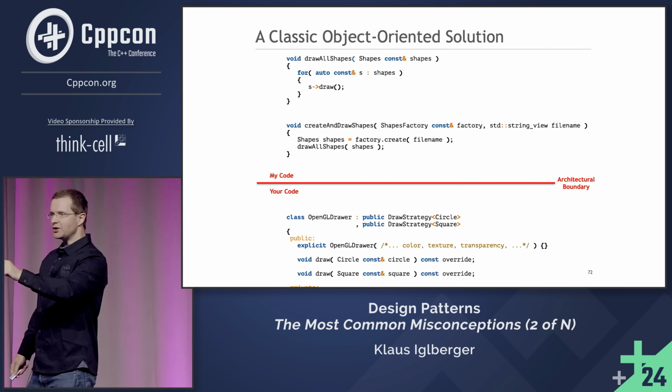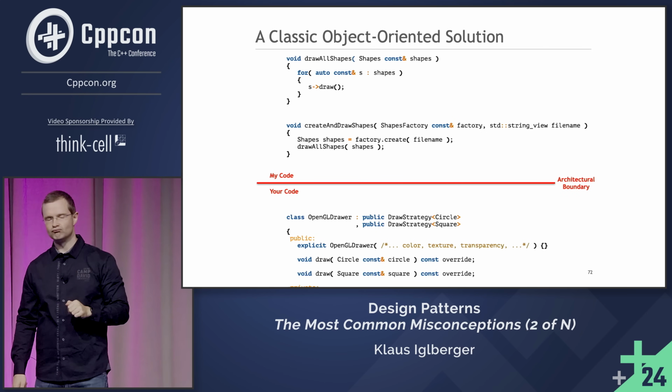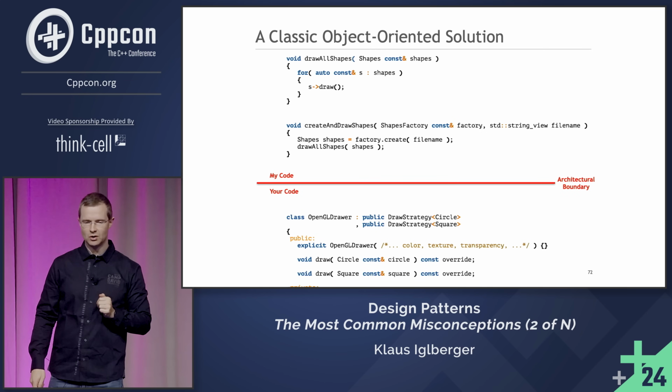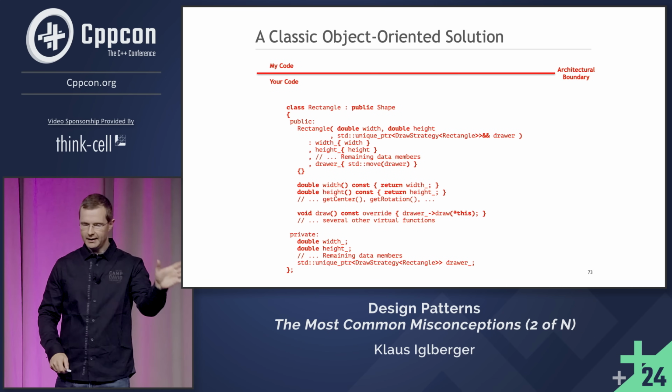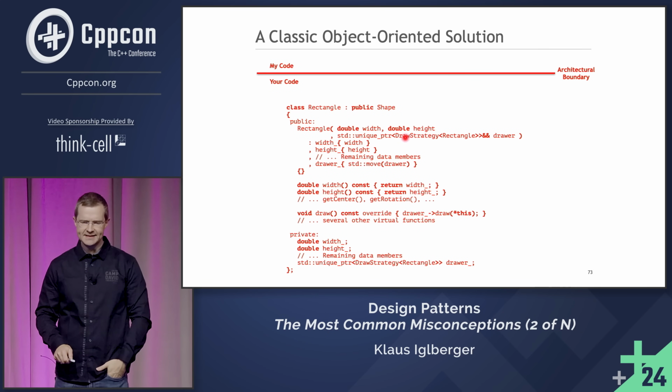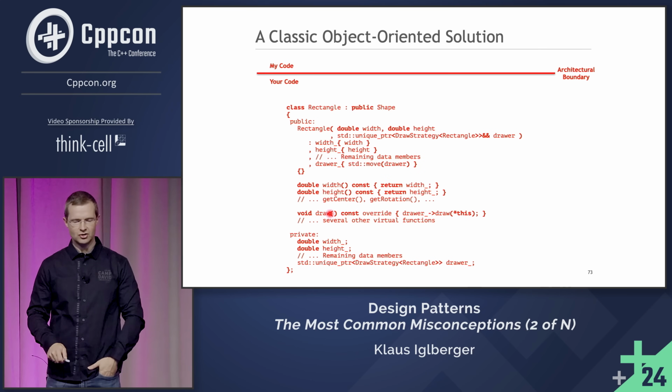you want a rectangle. And you can add one, quite simple. You can introduce a rectangle. Again, you don't have to read the entire code. It's the same stuff again. The rectangle would take a draw strategy, now for rectangle, and it would draw itself via the given strategy. Great.